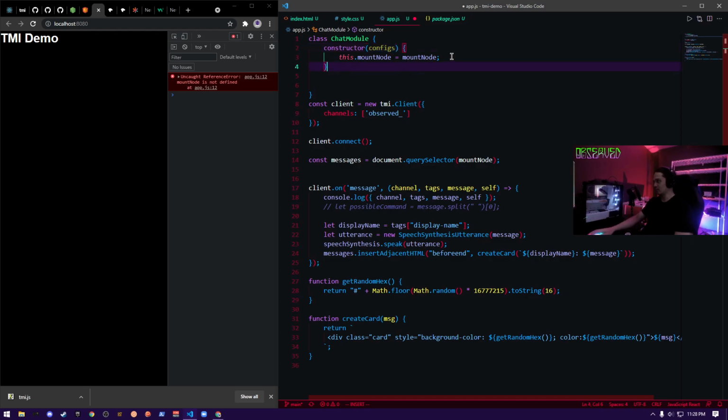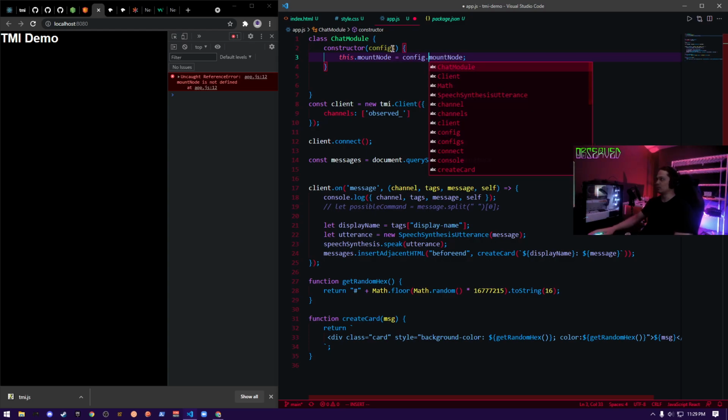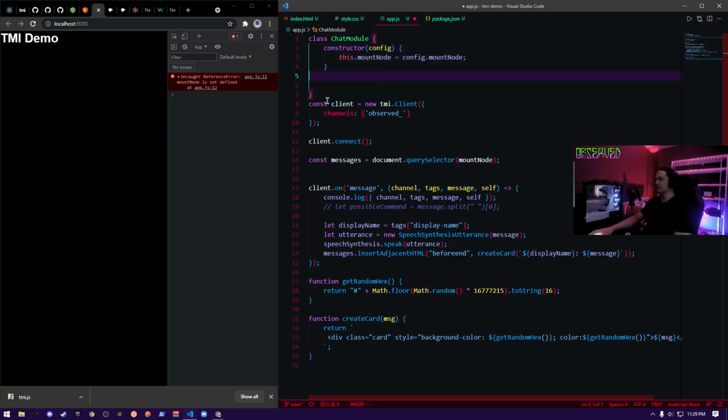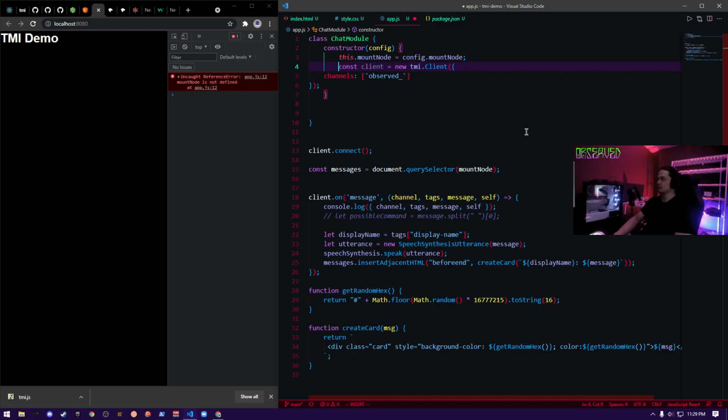If we want to pass in an object, config node, right? Let's do this.